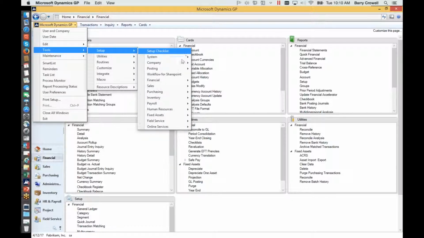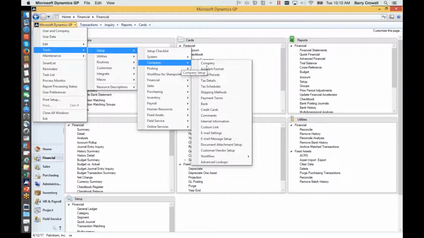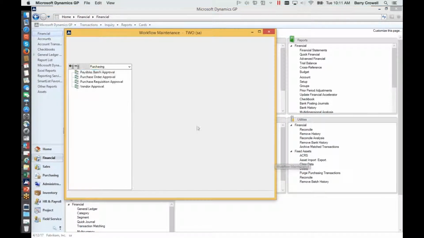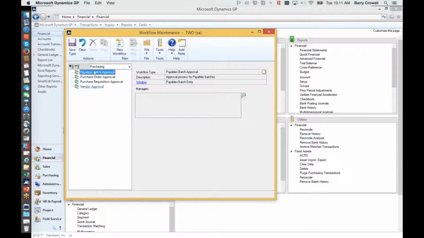So the next thing that came out with 2013 R2 was workflows, and they've enhanced that functionality with what they're calling Workflows 2.0. And I'm just identifying 4 of the 9 workflows in the system for 2015, which, if any of you have been in older versions of GP and you wanted to do some type of workflow for batch approval, you actually